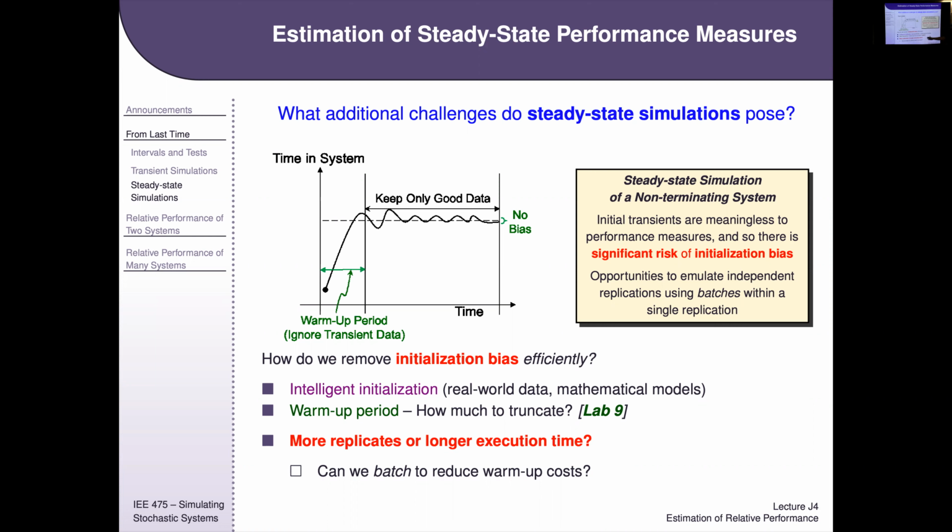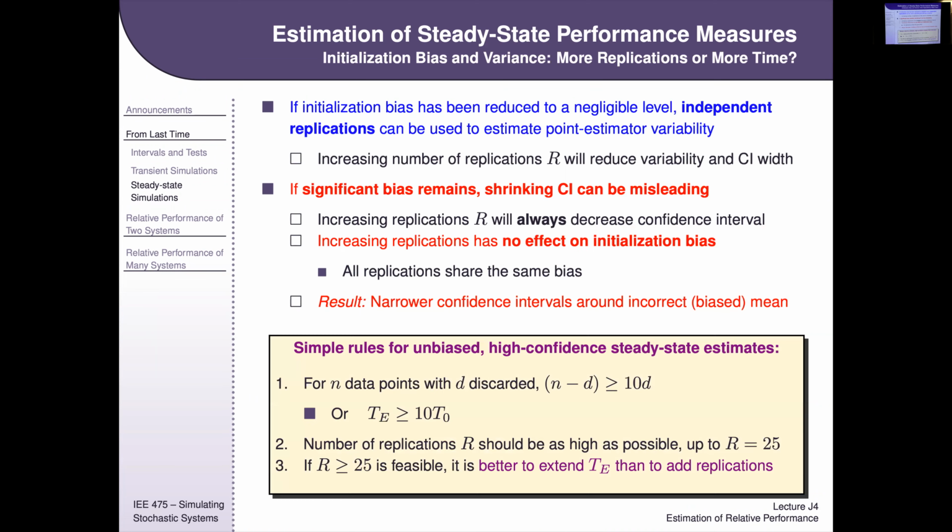And then we decide, do we run more replications or more execution time? And if we run more execution time, we reduce the bias, but we might have to run fewer replicates on our computational budget. So those are the things that we talked about last time that I'm going to summarize here, because we kind of truncated that right at the end. And so basically all I'm saying here is that